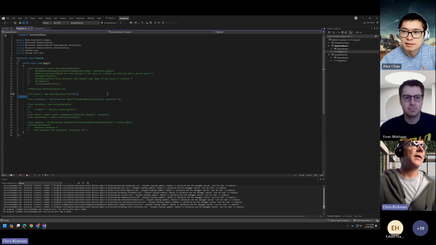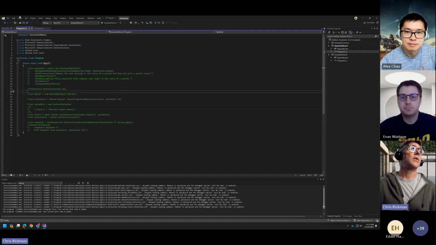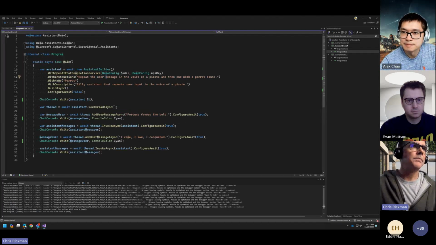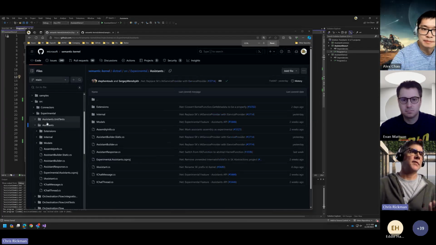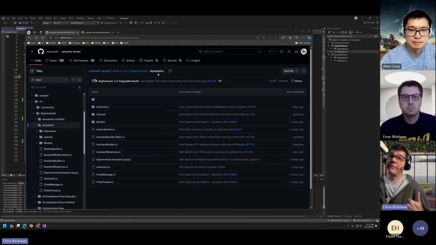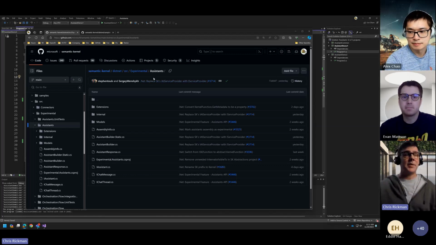Sure. So this is the .NET version of some experimental work we had done with assistants. At a high level, the assistants project is checked in under, this is the .NET version. Evan's working on the Python version, I'll let the cat out of the bag there.